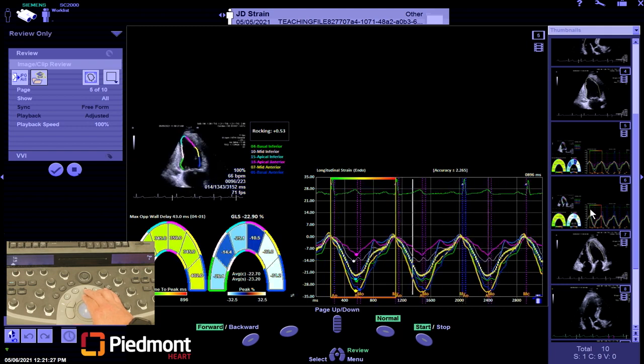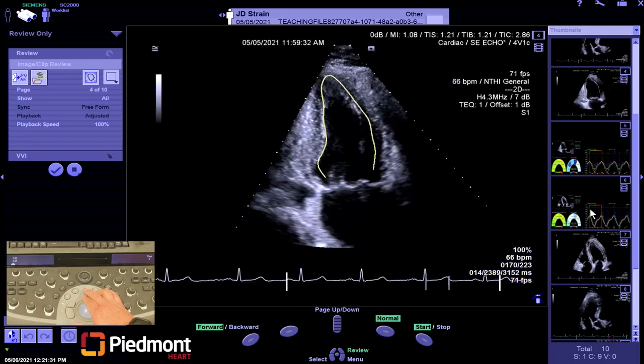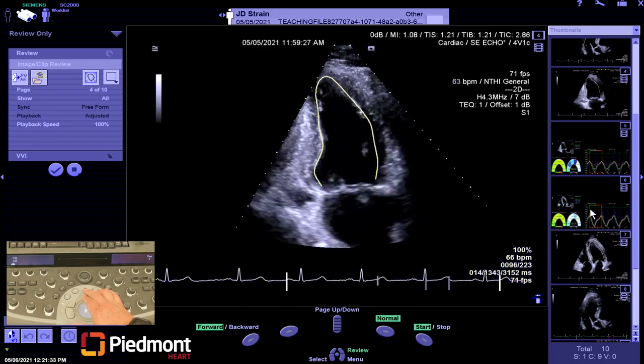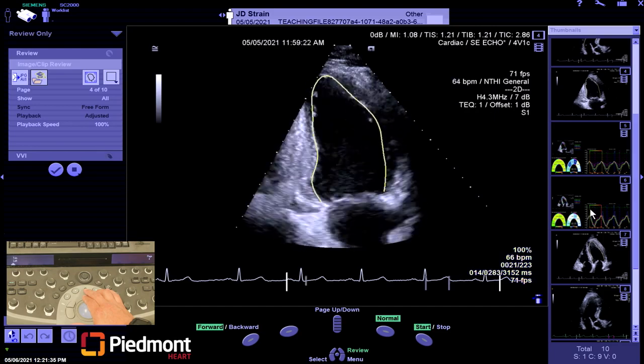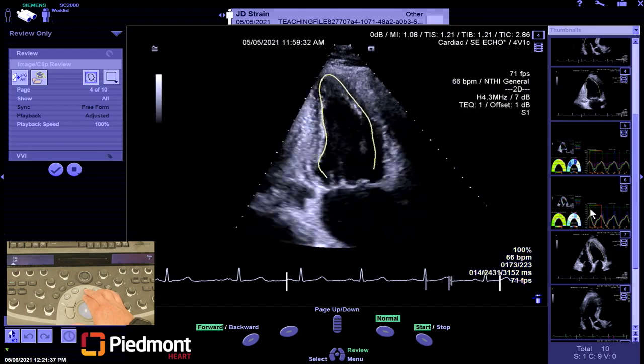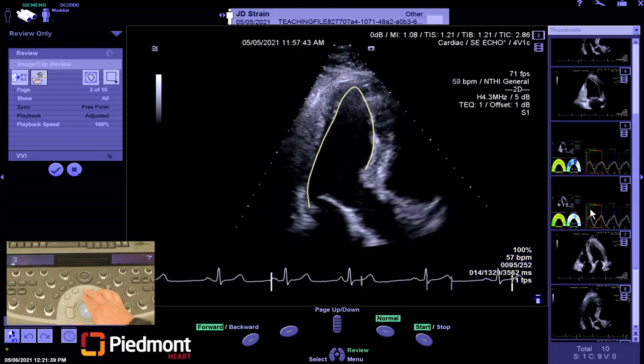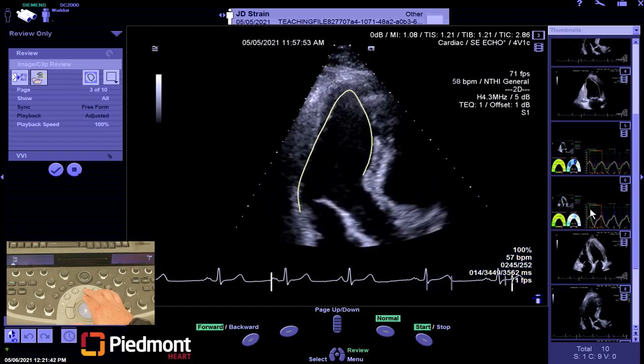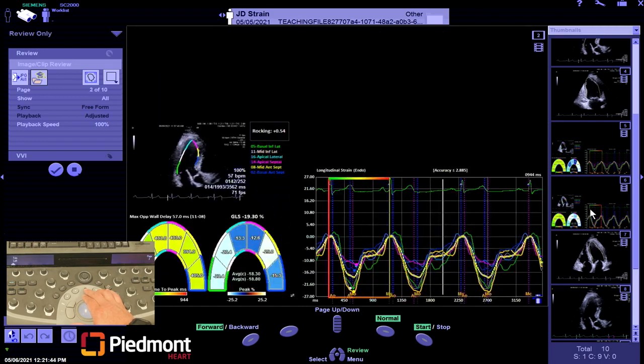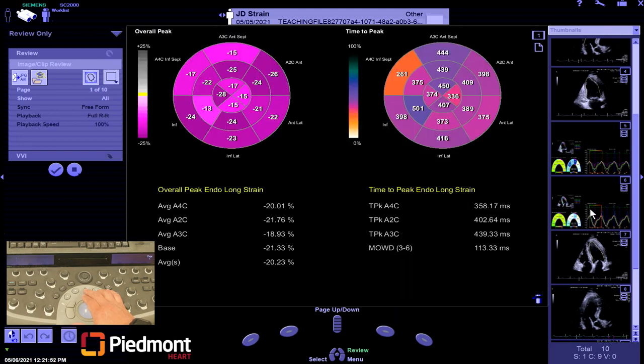We're going to process our 2-chamber, again acquiring the segmental number here. We're going to acquire the tracking to prove that in fact it is or isn't tracking properly. And then again in the 3-chamber with the segmental. Now once you've acquired and processed all three of these views, your final number or final image